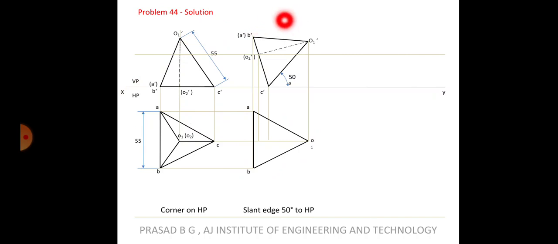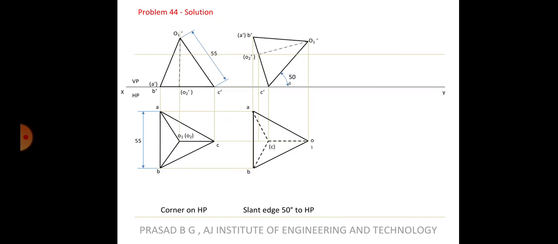So when we see from the top, C is at the bottom, so C won't be visible. So this will be a hidden line. C is hidden, so A to C and C to B will be hidden lines. Okay, so A to C is hidden, B to C is hidden. That means obviously O to C is also hidden. So that is how you need to look into the object, right?